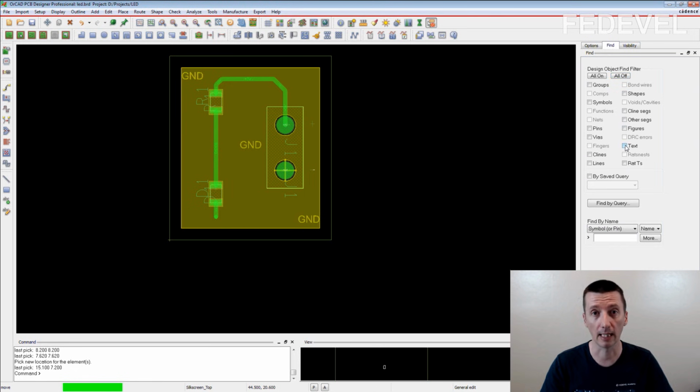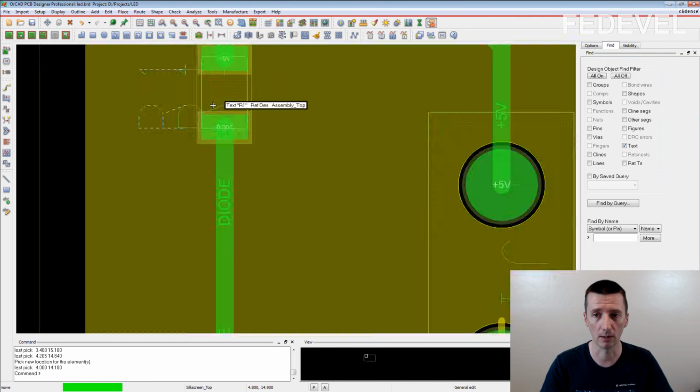Basically you tell Cadence Allegro that you would like to work only with the text. So I check this, and now if I go here and move this, see, I can work with the text. So I zoom in a little bit. This R which is here, this is the silk screen top layer, so I would like to have it